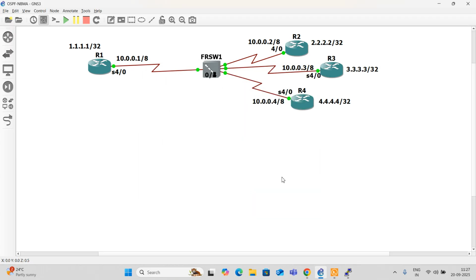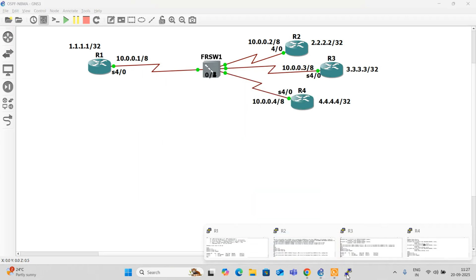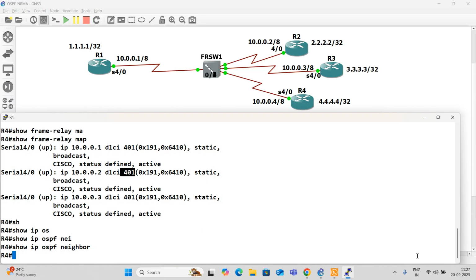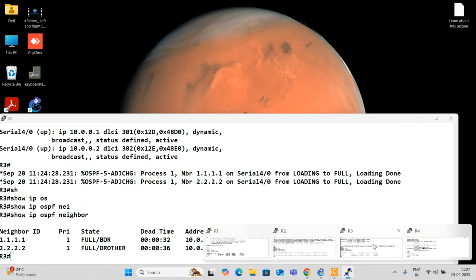I think this frame relay is not really up to the mark. It should have taken full mesh, but it is still saying I am going via the hub, which is not correct.